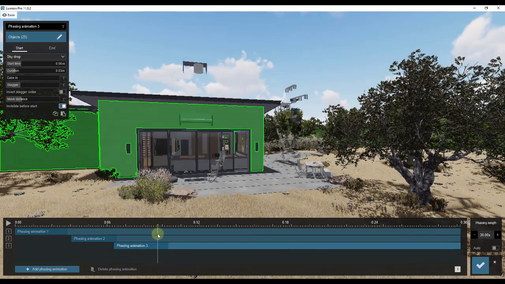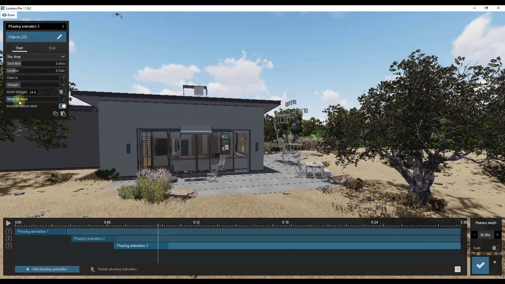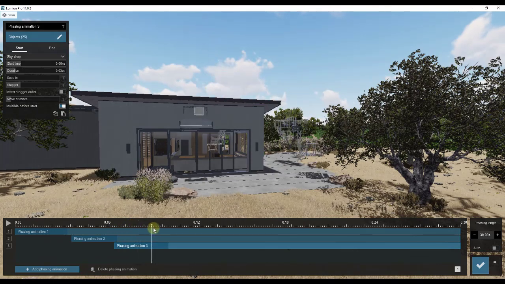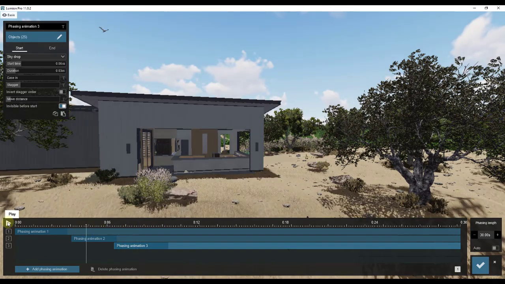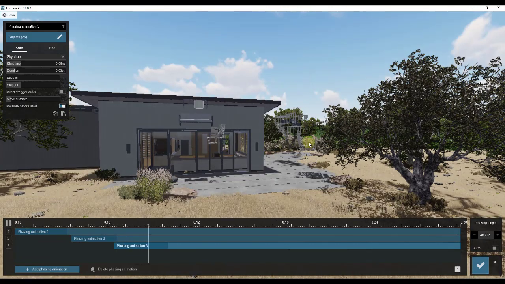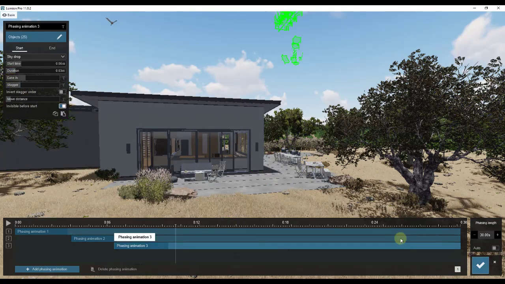And one thing I might adjust is I might have the move distance be a little bit lower in here, so they're not coming quite so high out of the sky when they come in. But notice how now if I click play, I've got some kind of random stagger in here as well. And you can play around with this effect a little bit in order to get the result that you're looking for. Okay, so now let's say that this gave us everything that we were looking for in our animation.